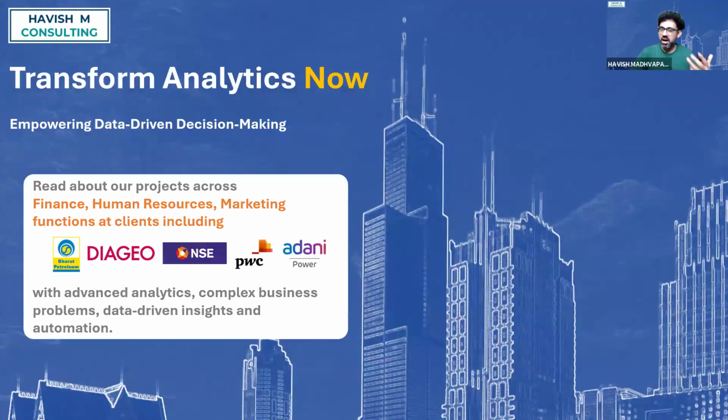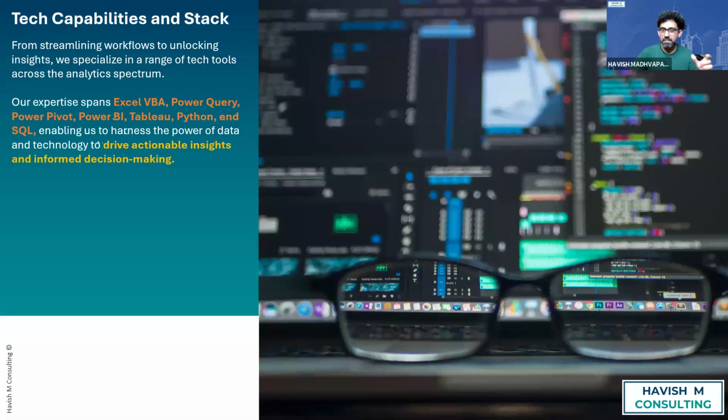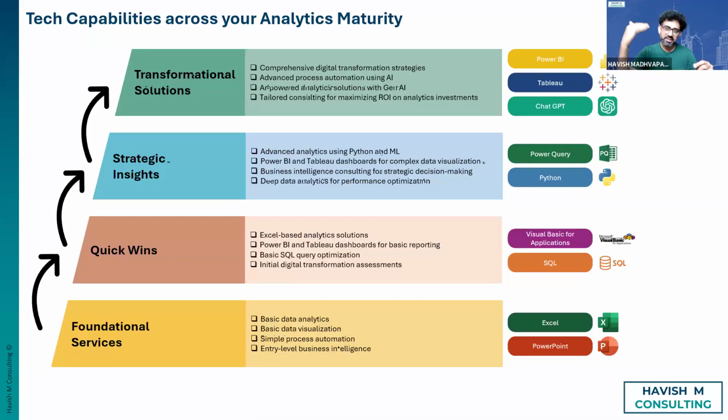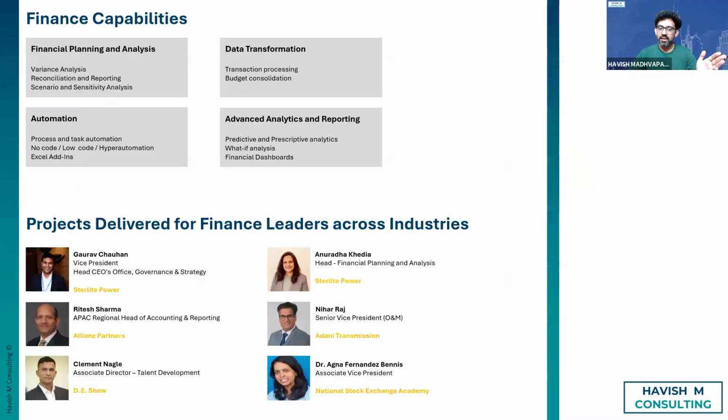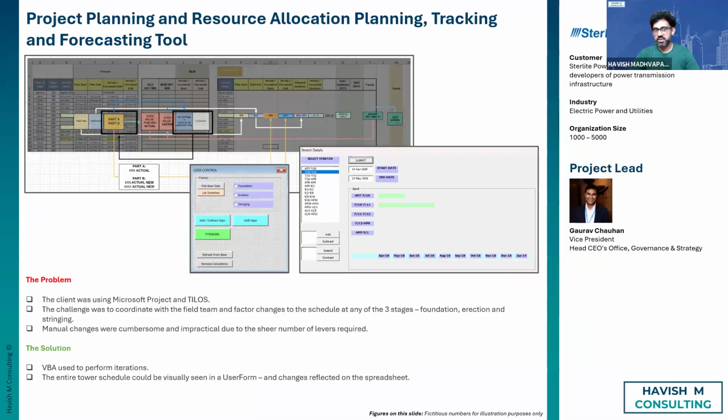See, I have done about 150 projects. So there's a lot more I can add to it. But just have a look at what we have currently. So we first talk about the capability and the tech stack that we work on, from foundation to quick wins to strategic insight to transformation across all the tools. Then we talk about some key stories in HR, marketing, finance. Those are the 3 core areas where we work. Then we have a finance capability deck. Then I have given the names of a few important POCs and some areas where we predominantly work. Then there's a list of all the projects.